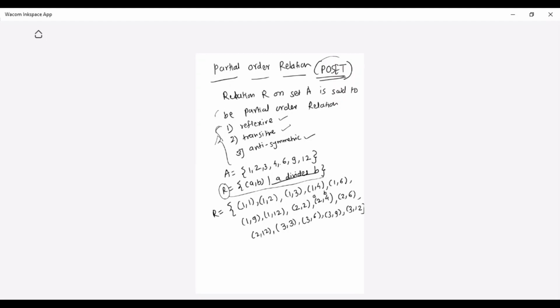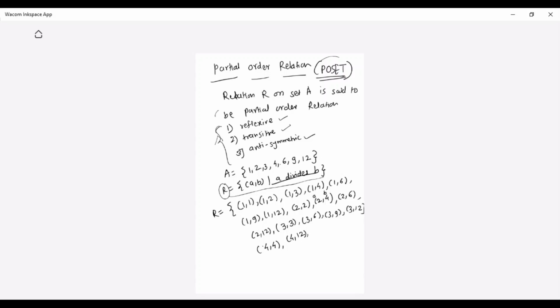Then I will move to 4. (4,1)? No. (4,2)? No. (4,3)? No. (4,4) I will have. (4,6)? No. (4,9)? No. (4,12)? Yes, (4,12). Then 4 is done.